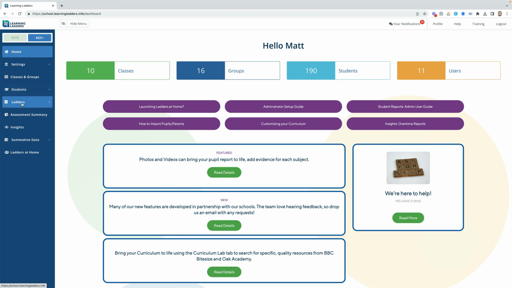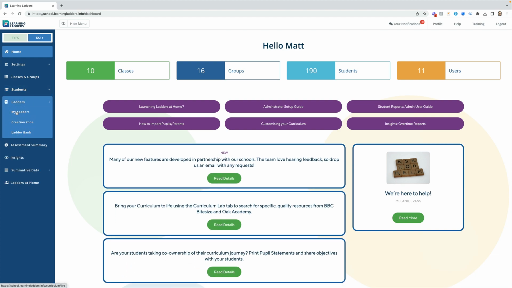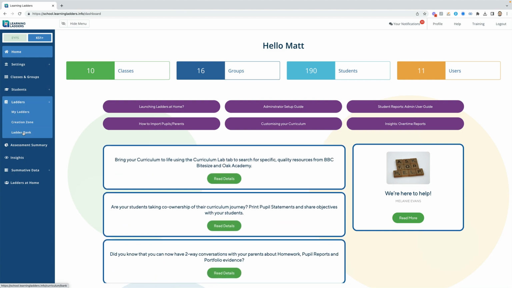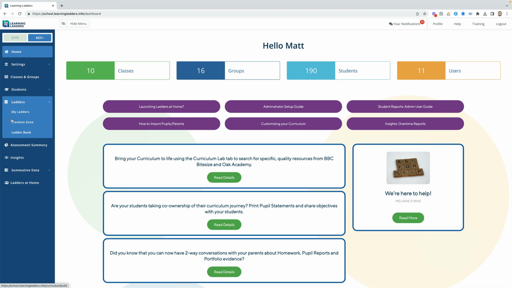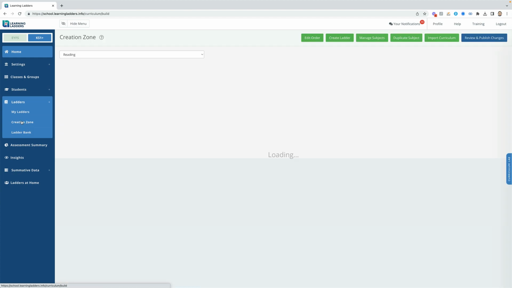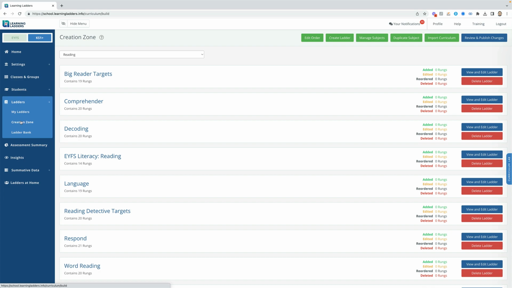So within the platform, you would log in, and go to our Ladders section here. You have three different areas. My Ladders is what's live on your site at any moment in time. The Ladder Bank is our selection of pre-created assessment frameworks. And then the Creation Zone is where you can customize it. So if we go into here, you can have a look at a really standard sort of framework and how